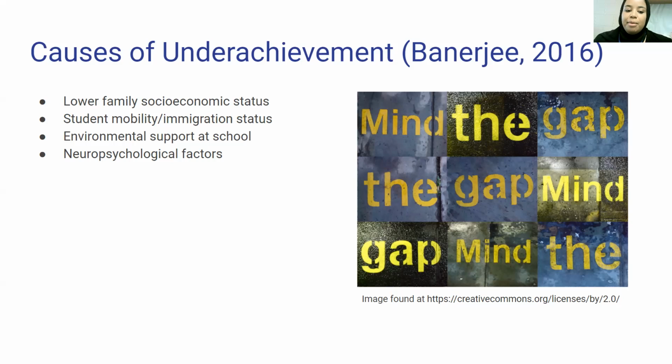Next, I want to talk about environmental support at school. So a lot of times underachieving schools usually have more inexperienced teachers, and teachers have a negative expectation, and they have weak instructional quality that also leads to lower test scores. As stated by Griff and Hootman in 2010, teachers are not giving clear instructions, not involving students during lessons, and that affects achievement significantly because students are not sure what to do.